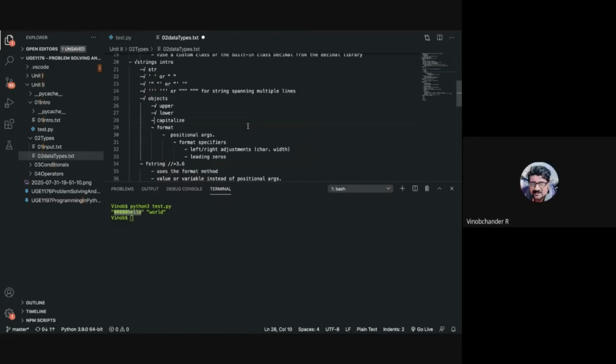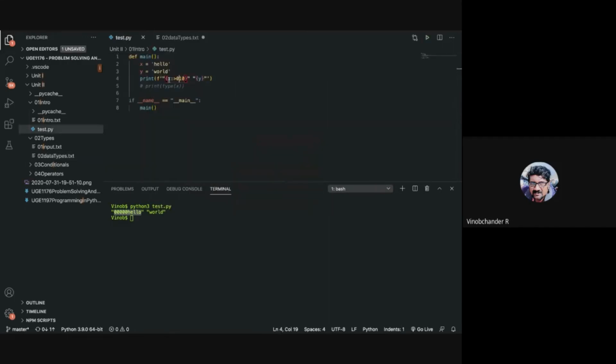You use an F string if you want to print out a particular string literal, and within the string literal, if you want to print out some values of some variables. So you want to make a statement and put a variable in between.